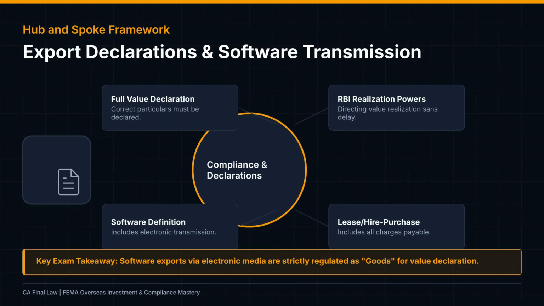Under FEMA, every exporter must furnish a declaration containing true and correct particulars of the export transaction. The declaration should normally state the full export value, and where the exact value is not known, the expected value based on prevailing market conditions must be reported. FEMA empowers the RBI to seek additional information and issue directions to ensure timely realization of export proceeds. An important examination point is that exports are not limited to physical goods. Software transmitted electronically is also treated as an export. The definition further extends to databases, designs, drawings, audio-video signals, and other digital information. Therefore, FEMA regulates both physical and digital exports to ensure foreign exchange earnings are properly realized